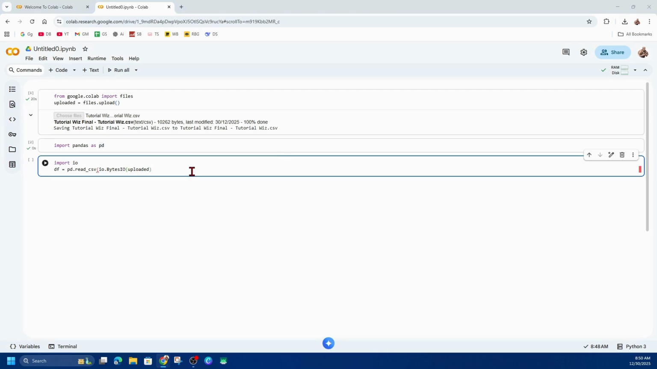Now we want to add in a square bracket after this. Now after the uploaded with the square bracket, we need to put in that CSV name. So for me it's going to be tutorial wiz.csv here. And then you want to close that bracket off with a square bracket like so, which I've already done. Then once you've done that, just make sure that is spelt correctly from up here, and then go ahead and